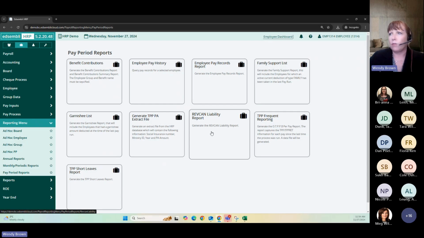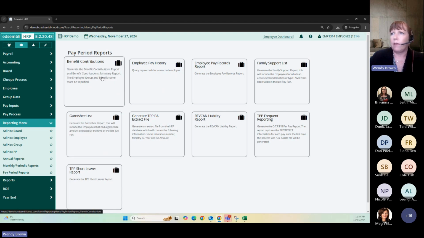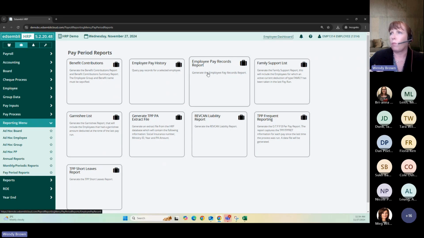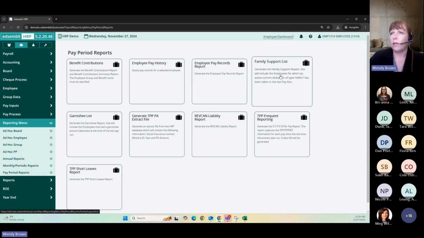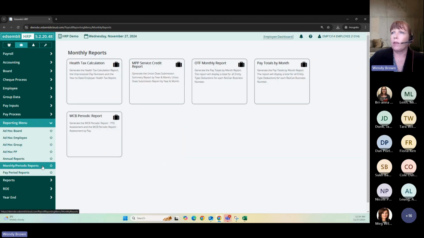Yeah, there's several, I'm sure, that you use within your school board. You can see you've got a garnishee list, your benefit contributions, employee pay histories, a pay records report, and a family support list. So from here, we'll go to our monthly reports. In the monthly reports, there's now your WCB periodic reporting, your health tax calculations, your MPP service reports, as well as pay